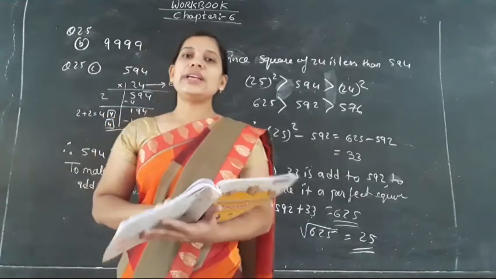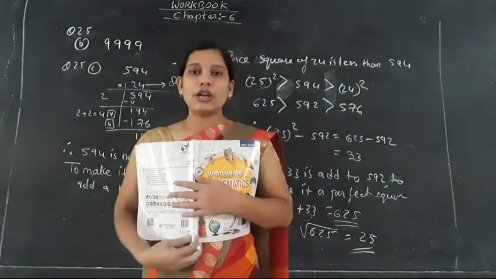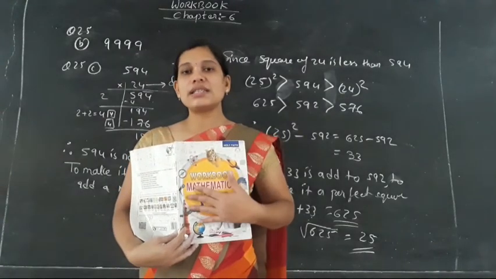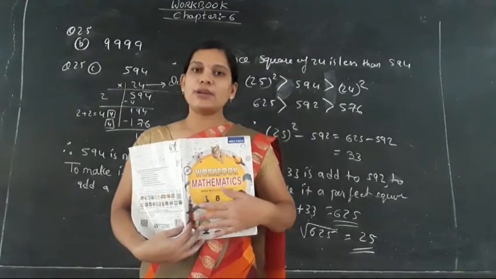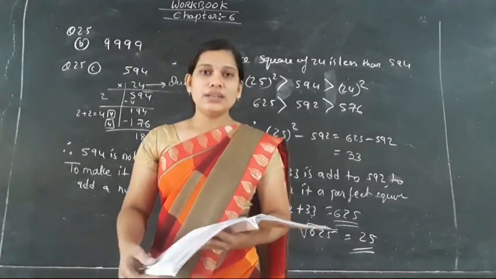So dear student, here we had completed our lesson number 6 from the workbook. This is your workbook. From this workbook, chapter number 6, that is square and square root, is completed. Next we are going to do the chapter number